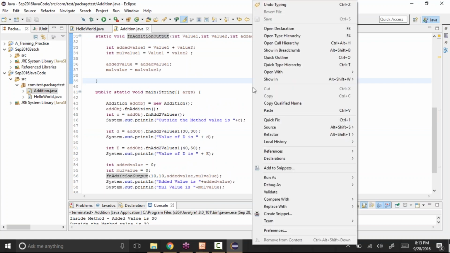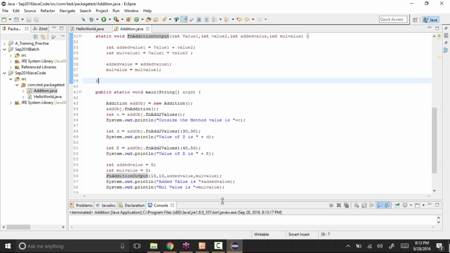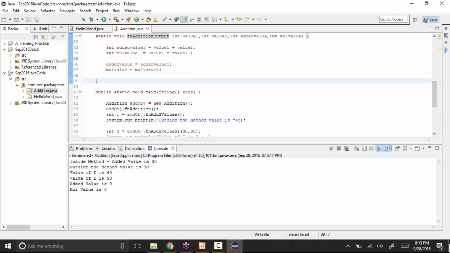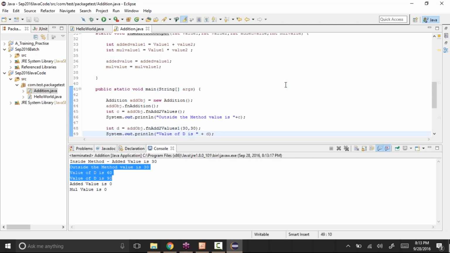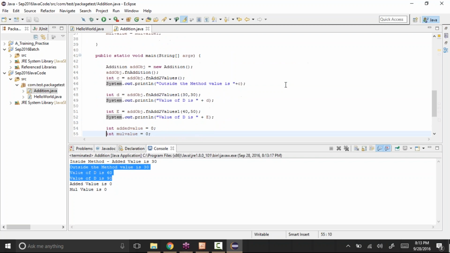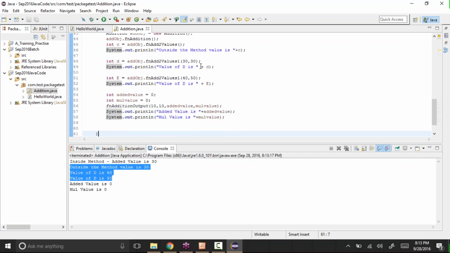Now see, right click, run as Java application, and it executed it, and see, it says 60, 90 and here 0 and 0. Let's see why zeros, why is it not returning it? Instead if I say int,